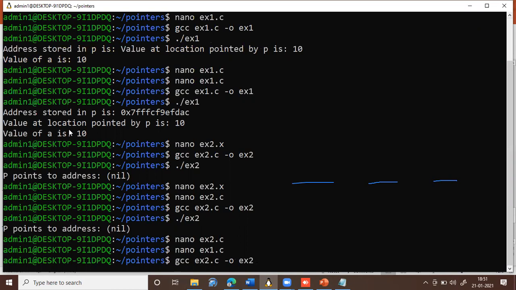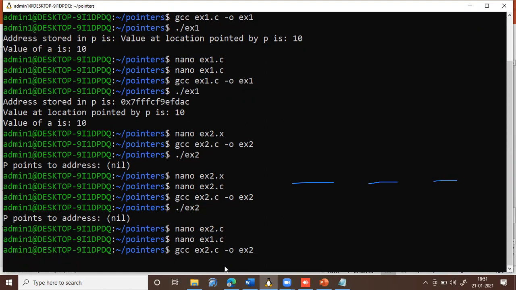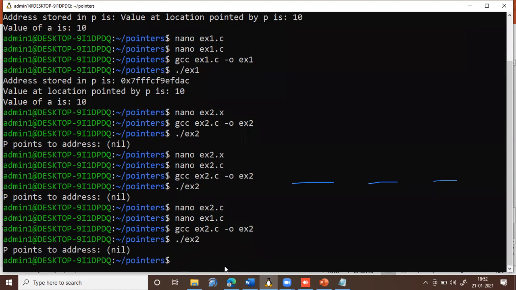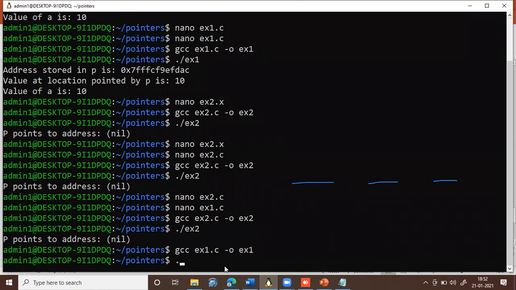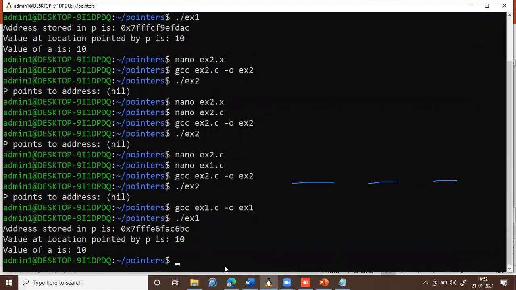So this is how you compile in a Unix or Linux environment using GCC: gcc ex1.c -o ex1. So the program is compiled now. Execute ./ex1.